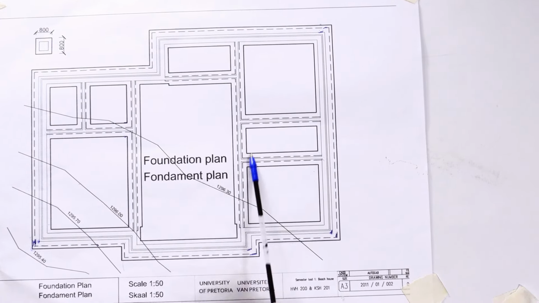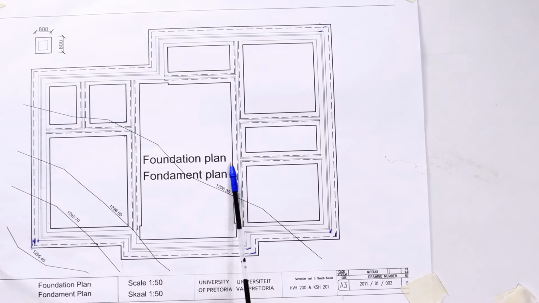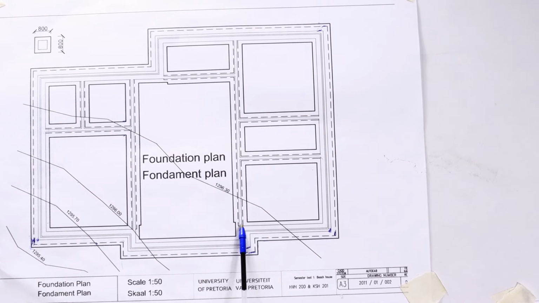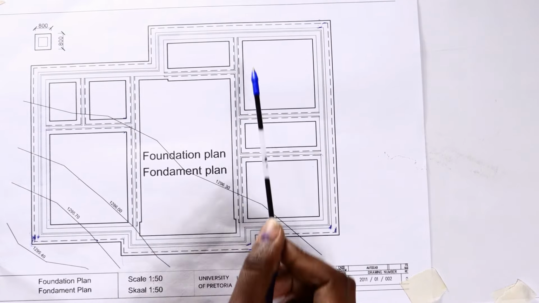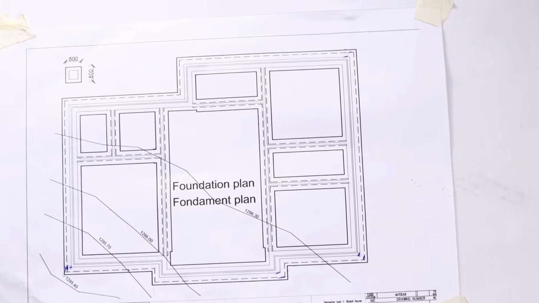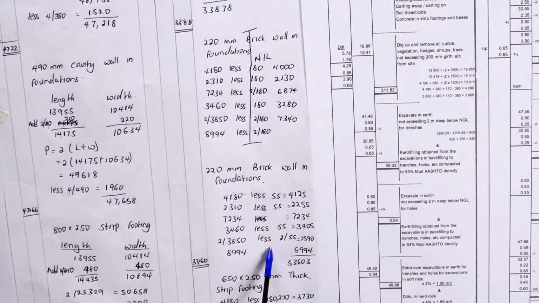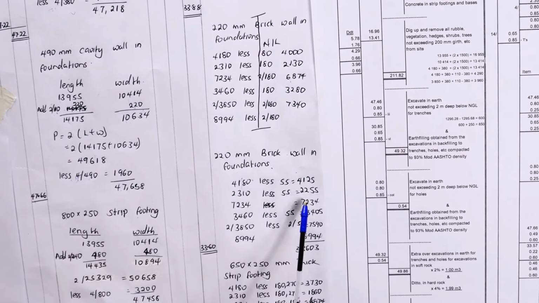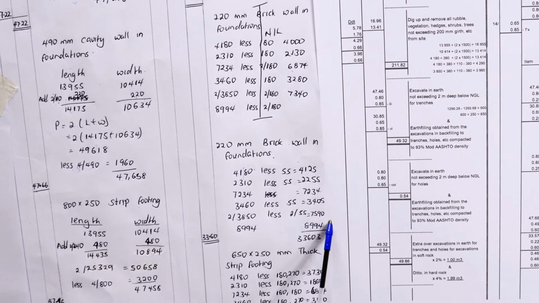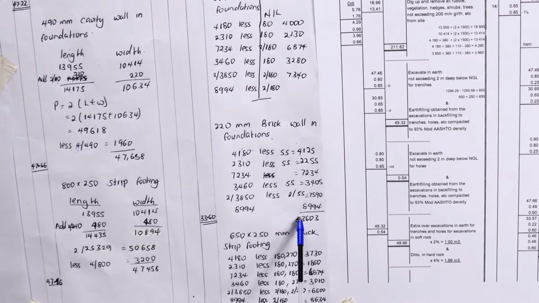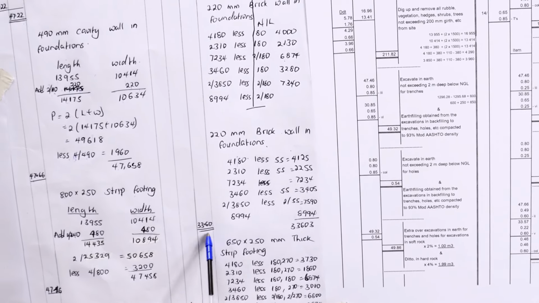Right. For this wall here, the dimension we had seen is 8994. All right, you can see it's touching the external cavity wall and touching the external cavity wall, so there is no deduction. So the total length for the brick wall in the foundation shall be, you take the first wall, the second wall, third wall, fourth wall, fifth wall, together with the sixth and plus the seventh wall, and you get the total length. So this one is the center line for the